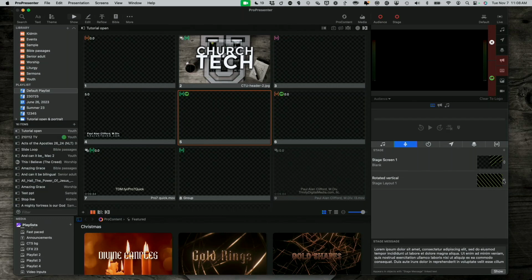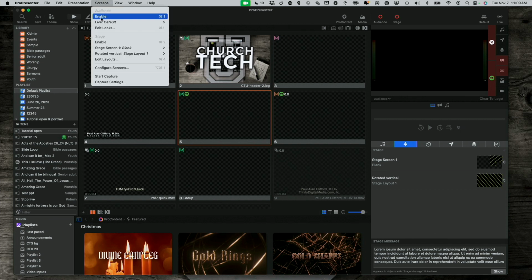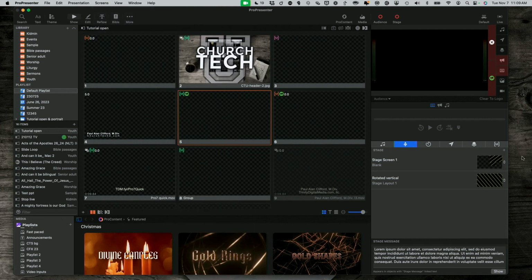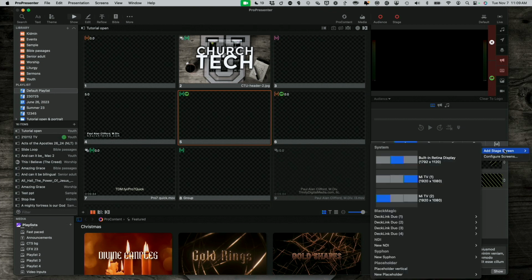That was a helpful little thing. But let's say that I've added in a new stage screen and I realize I haven't set that up. Well, in times past, I could go way up here to screens and then configure screens and do it that way. But now, since I'm dealing with the stage screen, I can click the little plus button right here, and